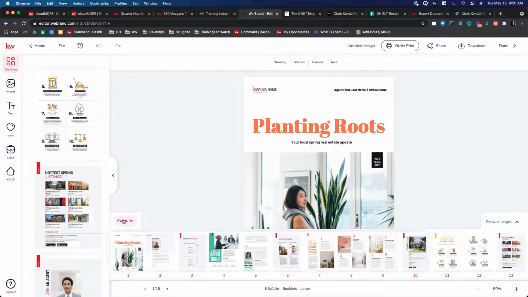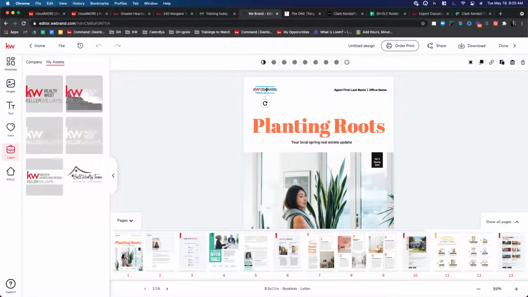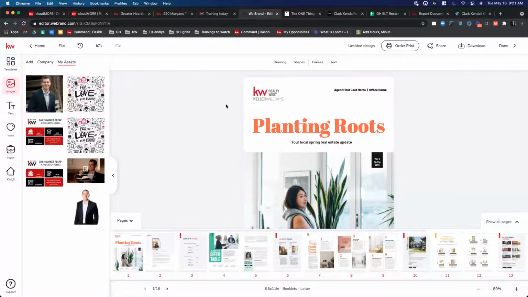What was that? So we have page 1 here, and notice that there are pages that have logos that we do want to replace. Now, what I love about designs is if I click on a logo or an image or anything, it does take me directly to the icon here on the far left-hand side that corresponds with what I need to replace this with. All right, so this DBA name, it's very generic. If I want to choose my Market Center logo, I'll just use the Keller Williams Realty West here. If I had chosen this, then I want to hit this little refresh button that says replace logo, and boom, my Market Center logo is there. I can resize it if I want, and I've quickly replaced it.